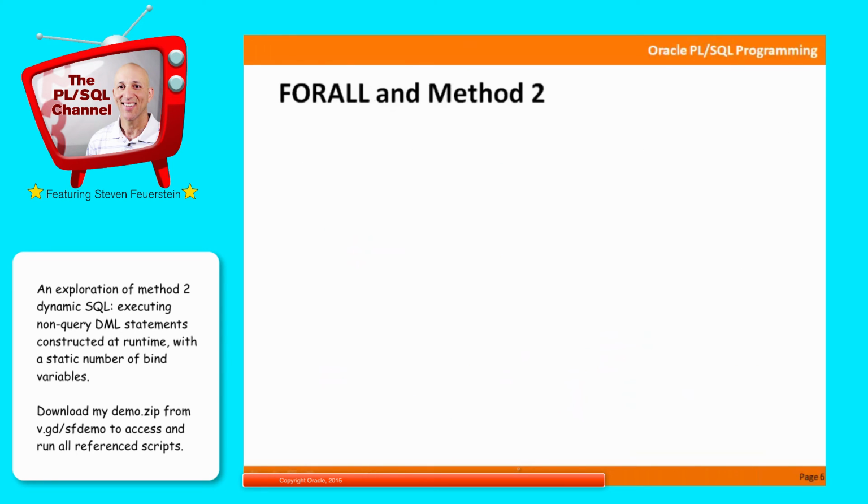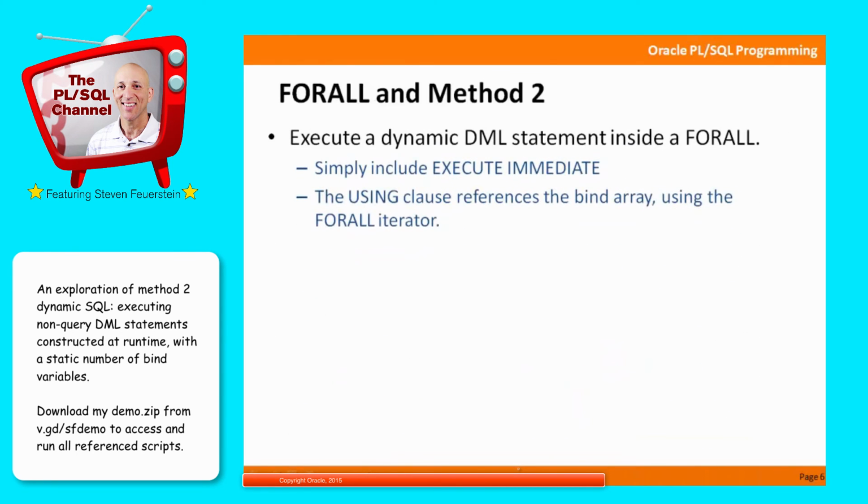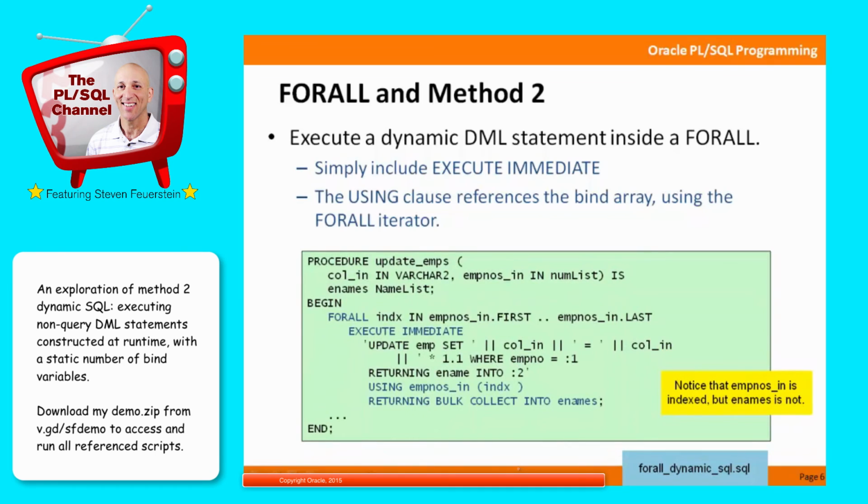And last, you can also use Method 2 Dynamic SQL with a ForAll statement. Again, ForAll is part of the bulk processing feature set. It will greatly improve the performance of repetitive executions of the same DML statement. And you can definitely use it with your execute immediate. So you simply include execute immediate